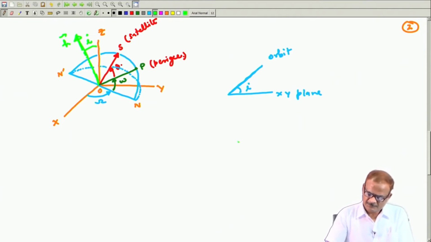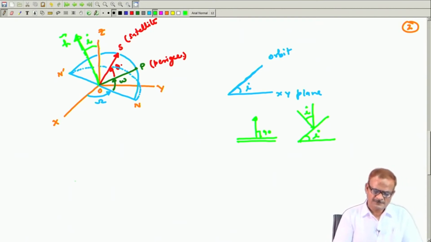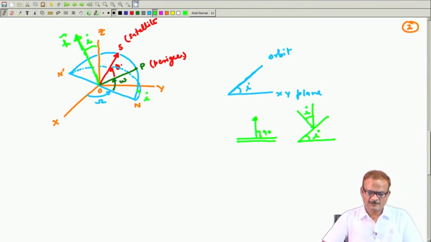because if two lines are coinciding and thereafter you rotate by angle I, and there is a perpendicular here at 90 degrees, this perpendicular will also rotate like this. So, how much will it rotate with the vertical? It will rotate by I. So, the same thing is shown here. This is your inclination angle,